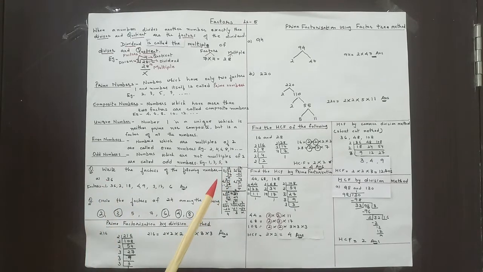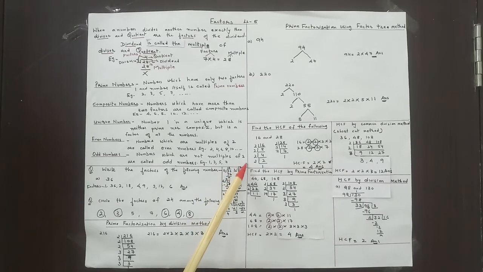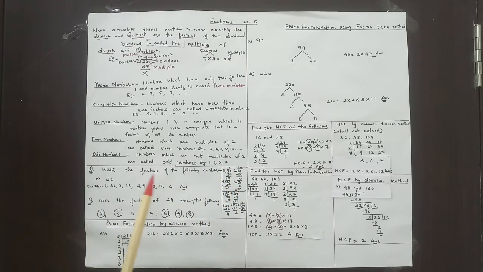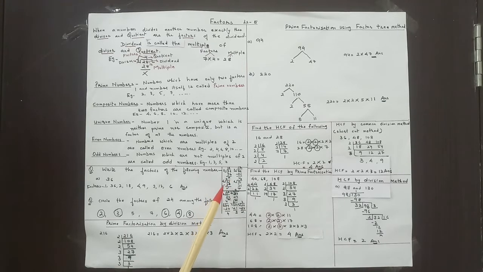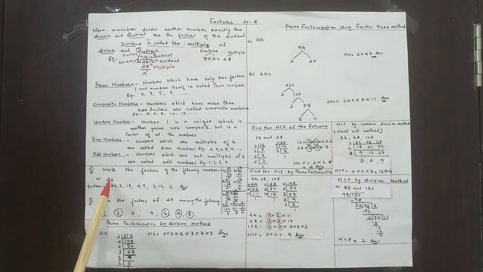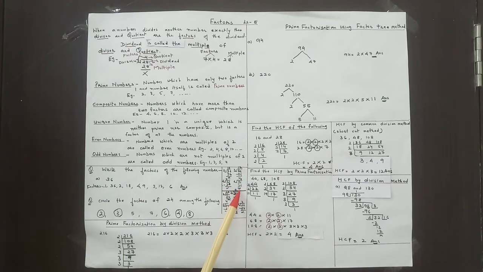After this we will divide 36 by 3. 3 12s are 36. Now this is also exactly divisible. So 3 and 12 are the factors of 36. After this we will divide it by 4. 4 9s are 36. Now 4 and 9 are the factors of 36. After this, 5 cannot divide 36, so it cannot be a factor of 36. We will divide it by 6. 6 6s are 36. So 6 is also a factor of 36.